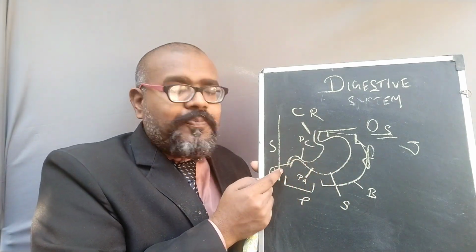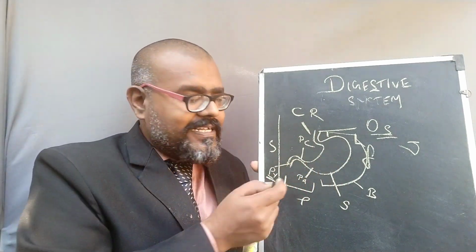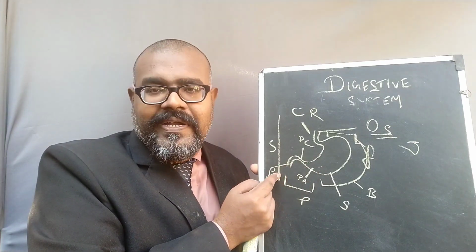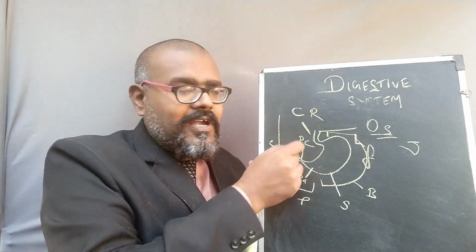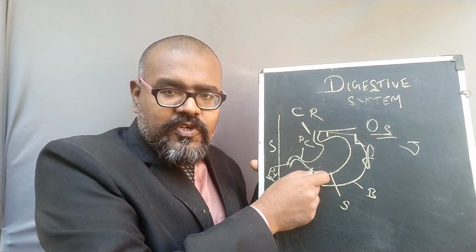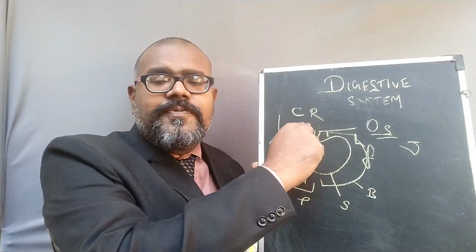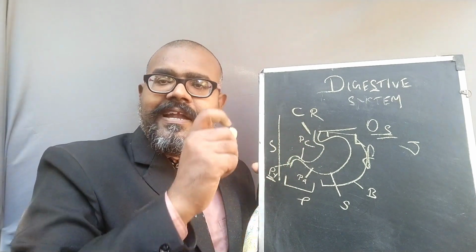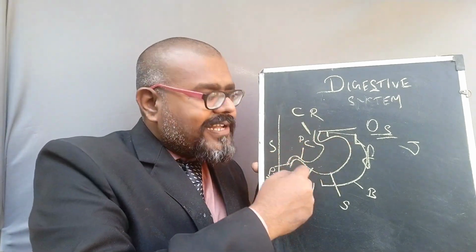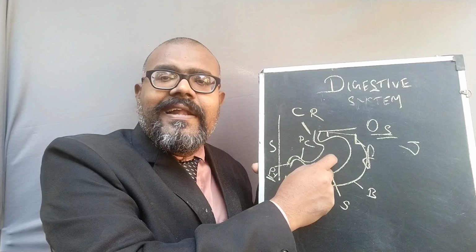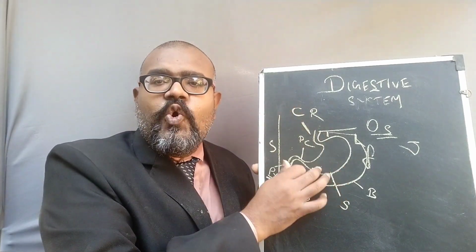During this time, the pyloric sphincter closes, because no force is acting on it. Once all the food has entered the stomach, the esophageal sphincter is also closed. Both the esophageal sphincter and the pyloric sphincter are closed. So for a certain time, the food material present in the stomach is stored.